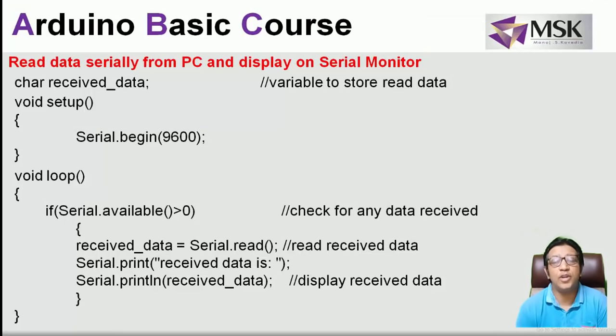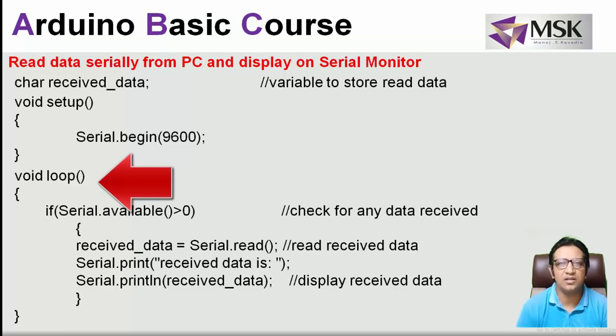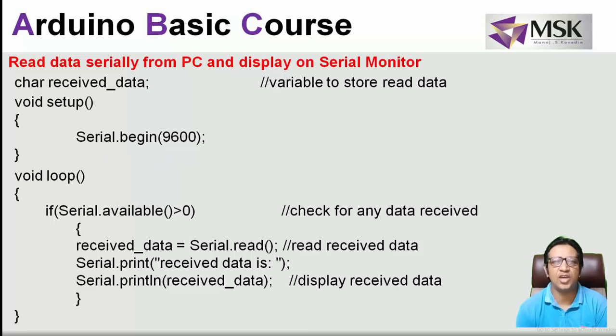Now, how will the communication be from PC to Arduino? So again here what I have to do is initiate the serial communication, and the baud rate is again 9600, and this data which is received, I can take in a variable called receivedData. What my loop function is doing is it will first check whether the data is available or not. It checks with the help of Serial.available, and if the value is greater than 0 means data is available.